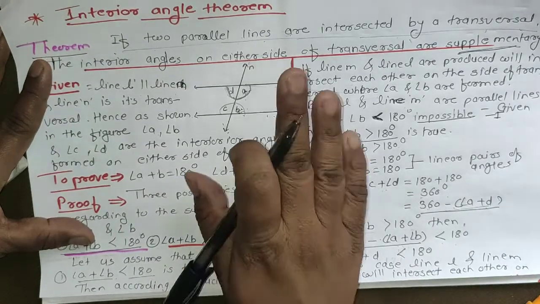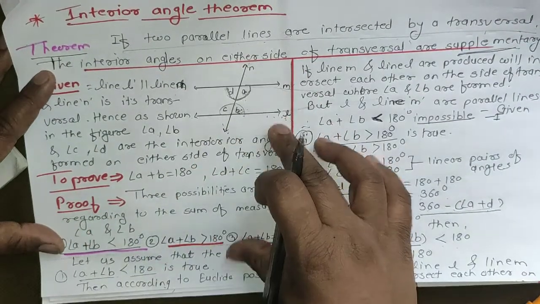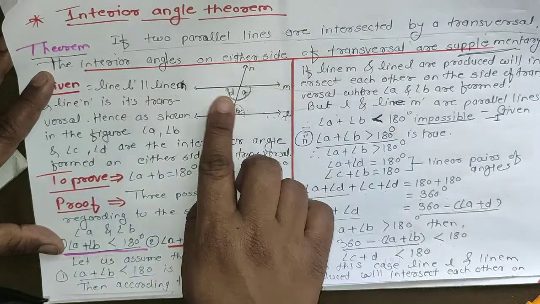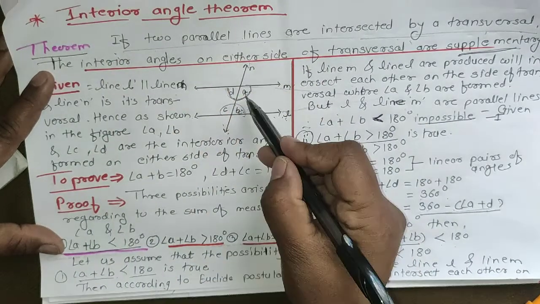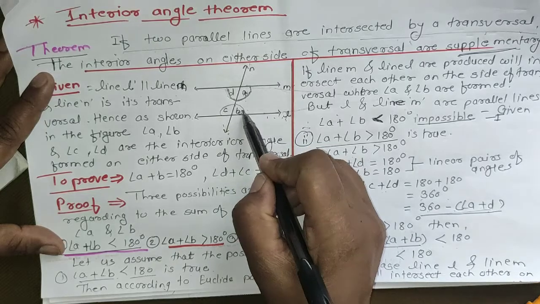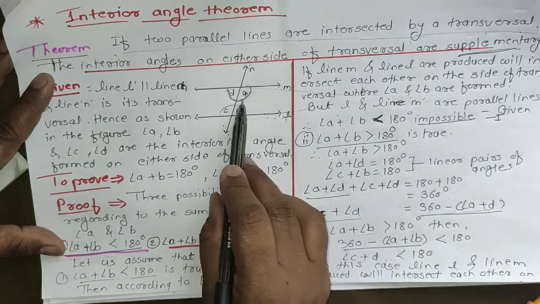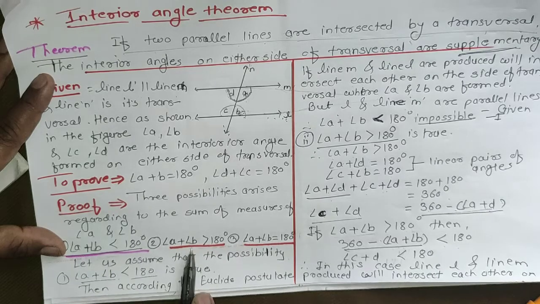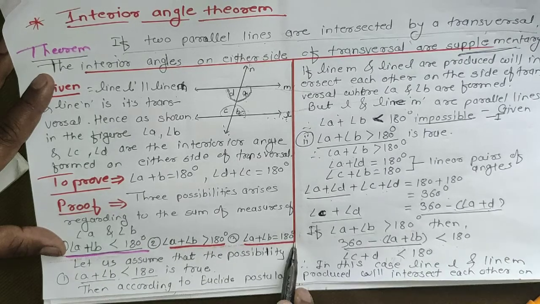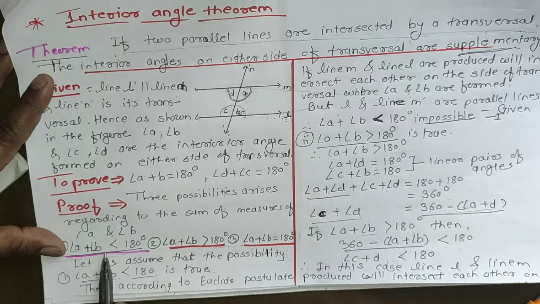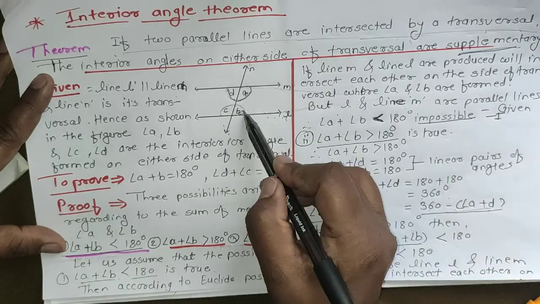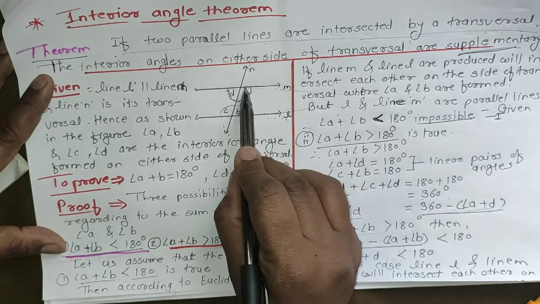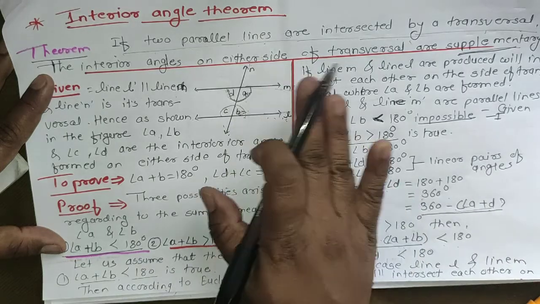Okay, one more time I will revise because it is a little bit difficult for you. So what is the statement? As per the statement, if these two are parallel lines, the interior angles formed are supplementary, and that we have to prove. So first of all, for this we have to take the three conditions: A plus B is smaller than 180, A plus B is greater than 180, and A plus B is equal to 180. So first possibility, if these two angles' sum is less than 180, then these two lines intersect towards the right side of the transversal.